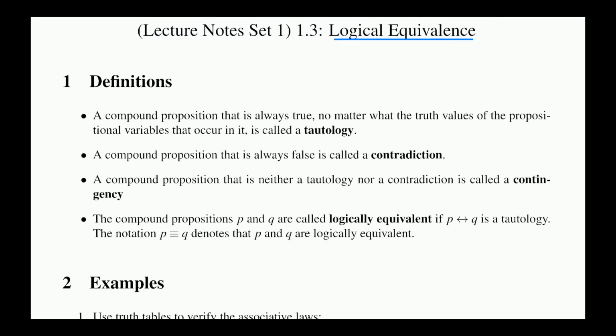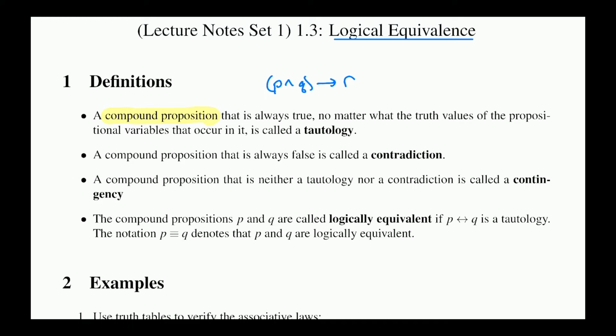So a compound proposition, which we studied in the previous section. Remember, a compound proposition is just a proposition made up of other propositions. Like, for example, P and Q implies R. That's a compound proposition. Just any proposition that involves propositions plus those operations, like and, or, the conditional, exclusive or, all of those. Any of those are compound propositions. And if you